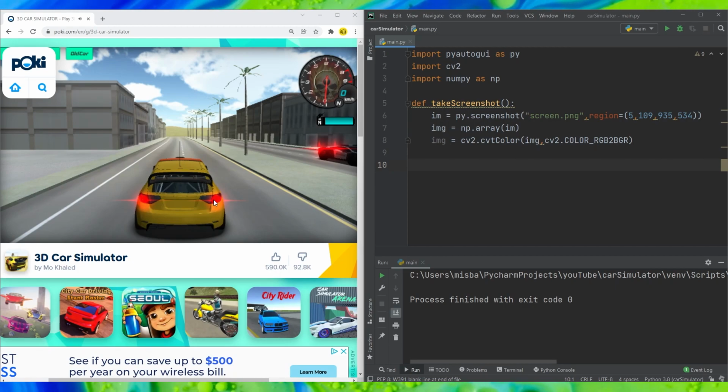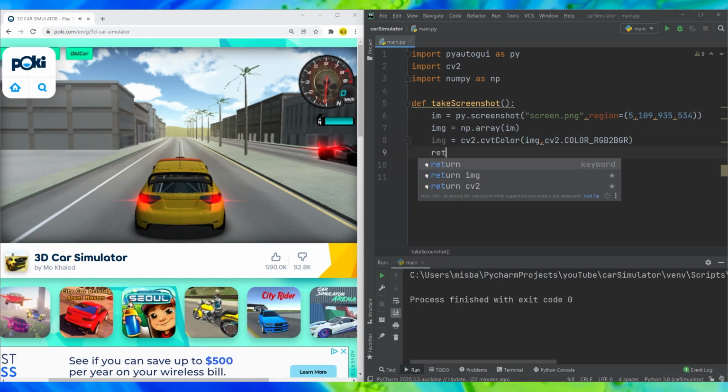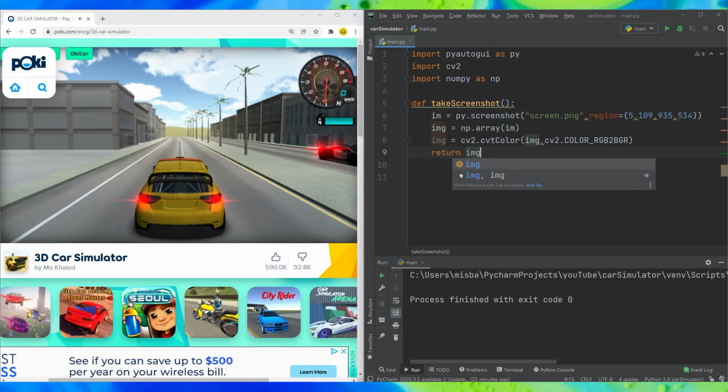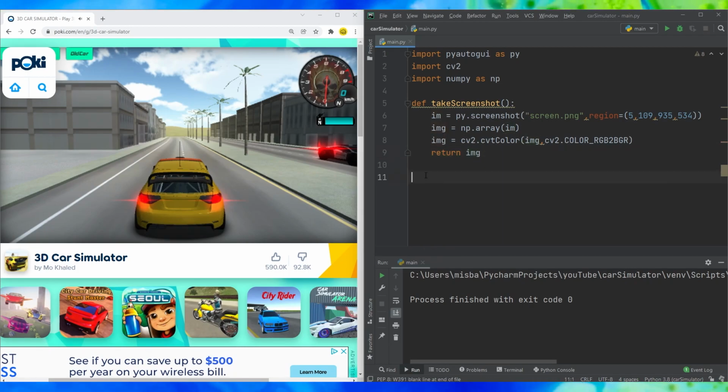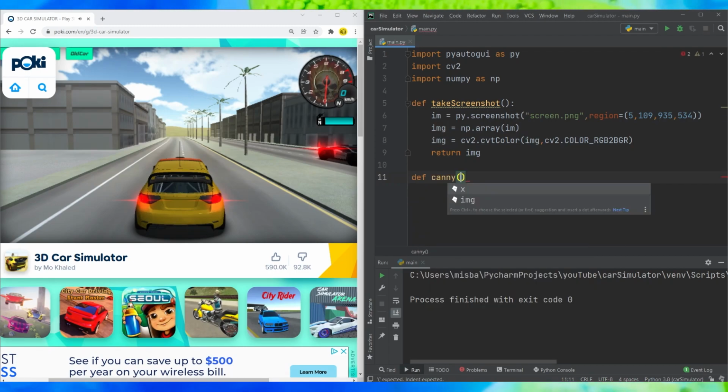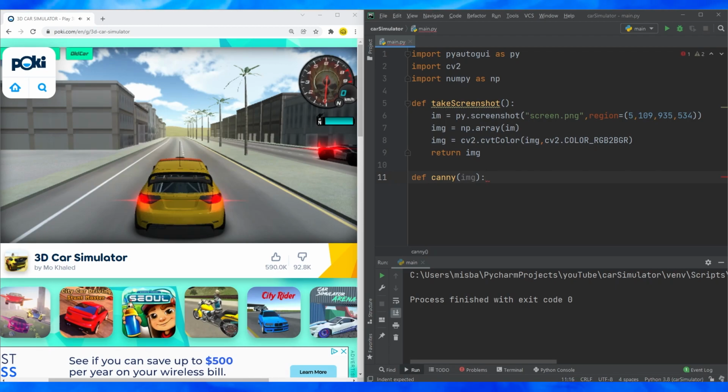So it basically enhances all those features from an image. So we'll use something called Canny edge detection to take out the edges from this image. For that, there's a simple function. Now, once we have the screenshot, we'll just return the image that comes out of the screenshot. And now we'll create this Canny edge image. Canny is a function, and it'll take whatever image we give it, and it'll create an edge